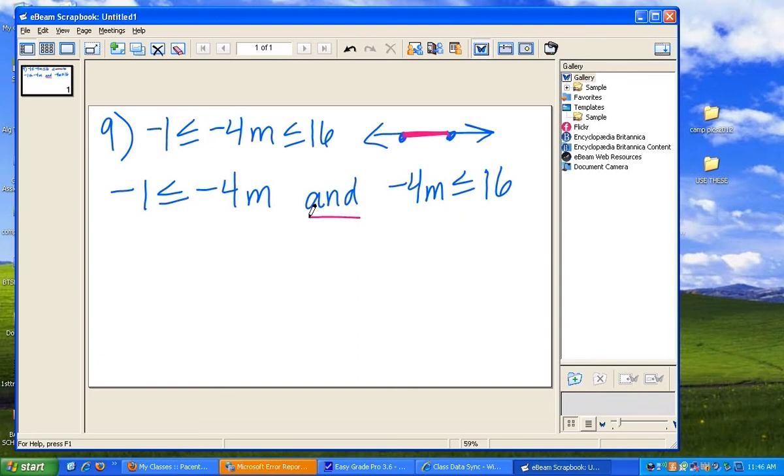When it's an "or," your number line has the dots, and the "or" takes it to the outsides. Always, always, always. And you never, ever have a system